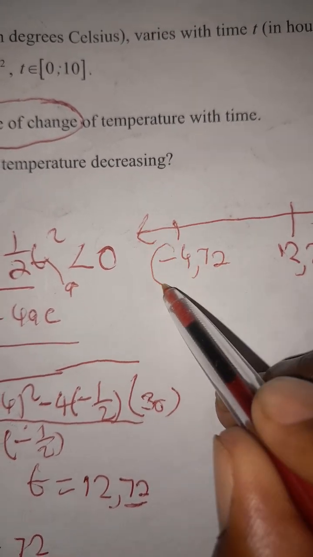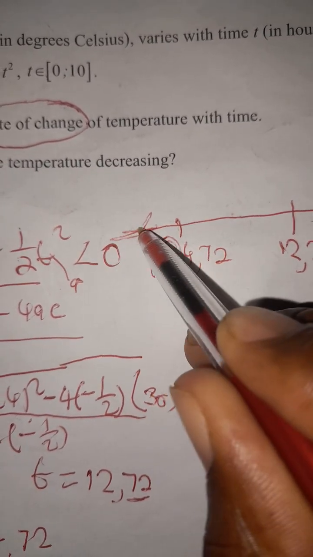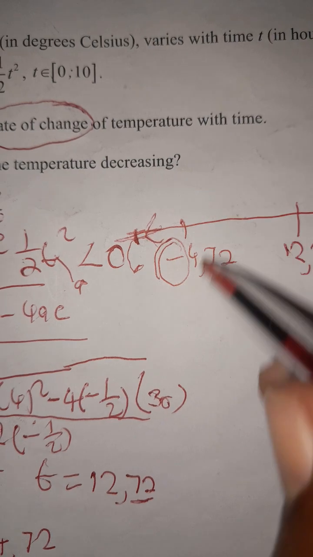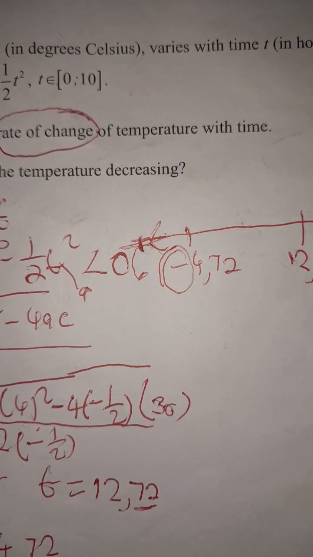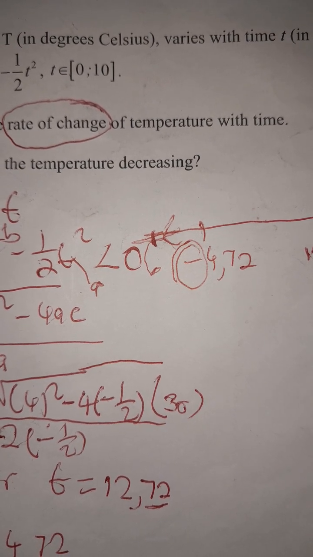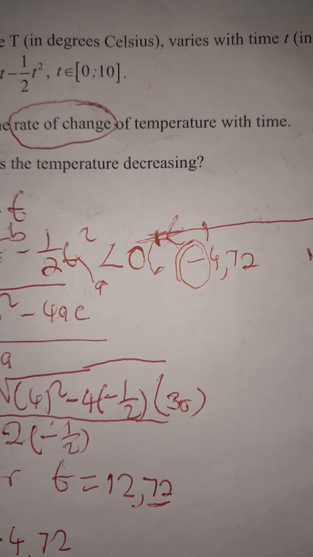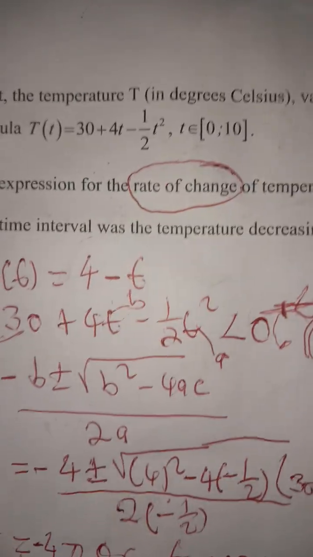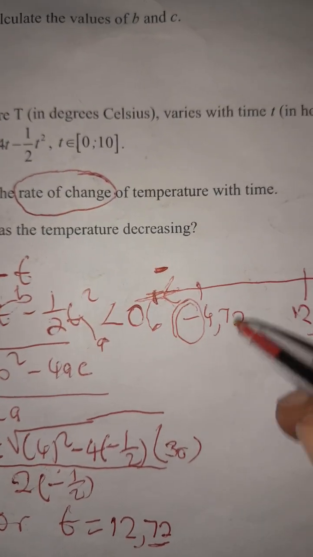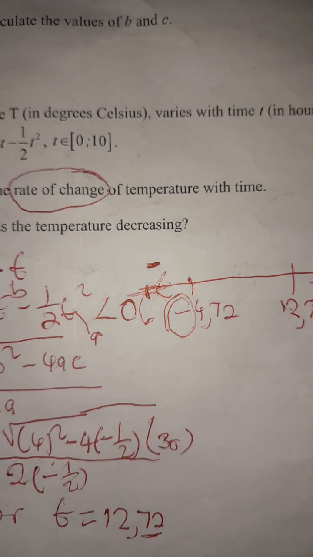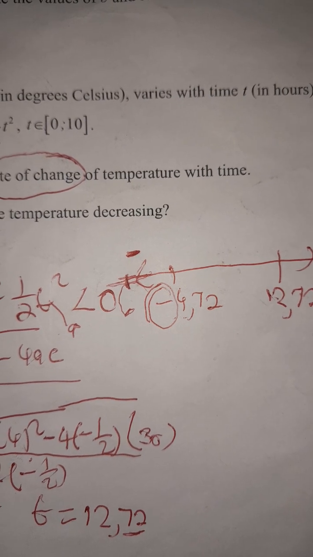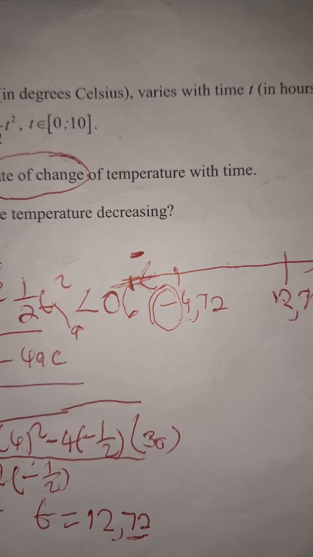For here we are going to look at another value that follows, that is after negative 4.72, which will be negative 5. When you plug negative 5 in your original equation, you can see that you are going to get a negative value. Here we're going to plug a value that is in between negative 4.72 and 12.72. Let's say if we plug maybe 7, what are we